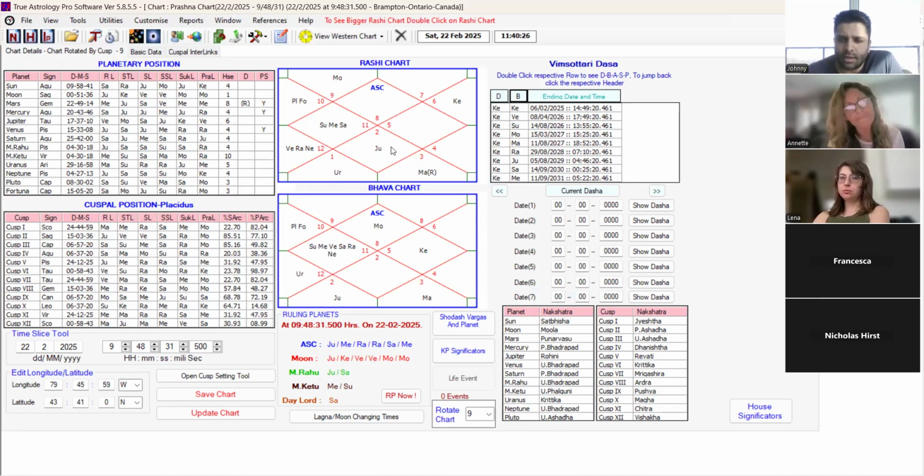Because in Nadi astrology, it matters less what house your planets are placed in and more what sign your planets are placed in. And if you know the date of birth, no planet is going to move within one day, except